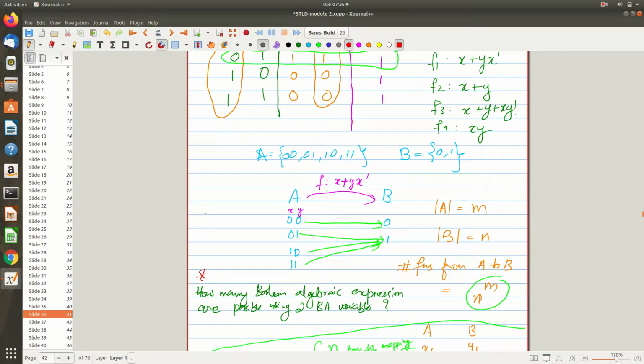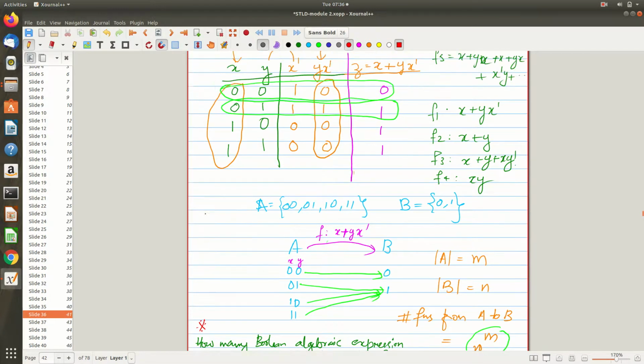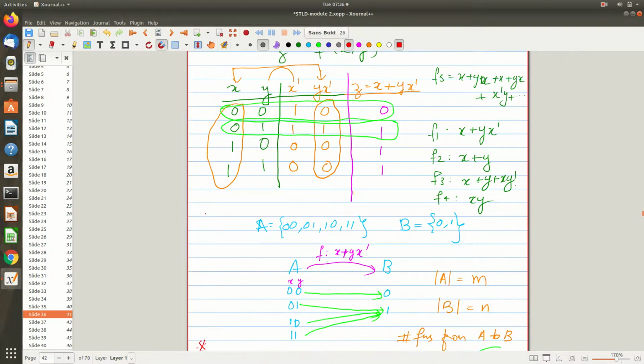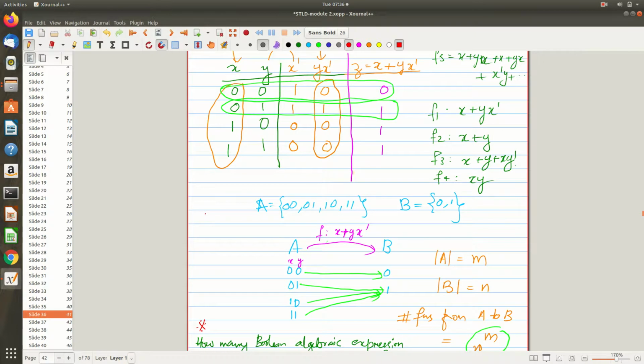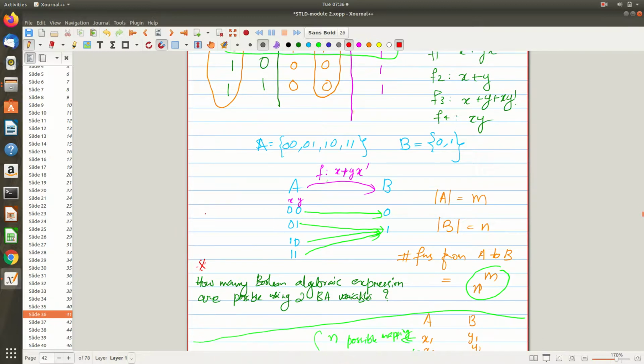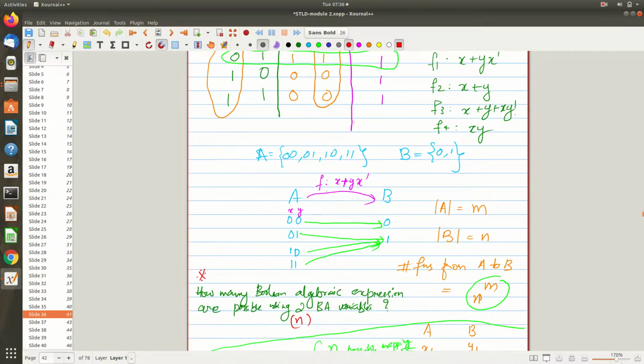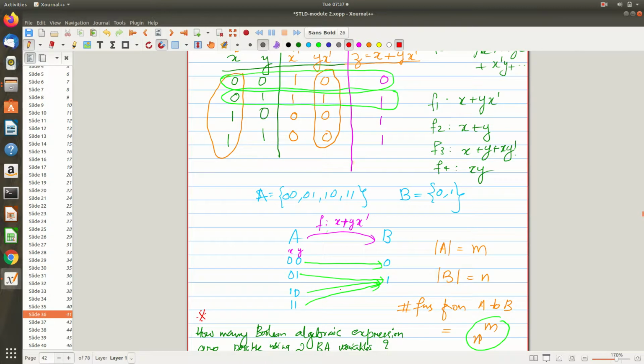Now you know how many functions are possible from one set to another, and how to link it using two variables: a particular Boolean algebraic expression is a function. Here my question is about two Boolean algebraic variables. If you can find the solution for it, you can answer it for three Boolean algebraic variables, of course. So try to generalize it for n Boolean algebraic variables. That is the general question. Just count how many elements are there in the domain. If there are n variables, that is nothing but how many rows are there in the truth table, which we can count now itself.